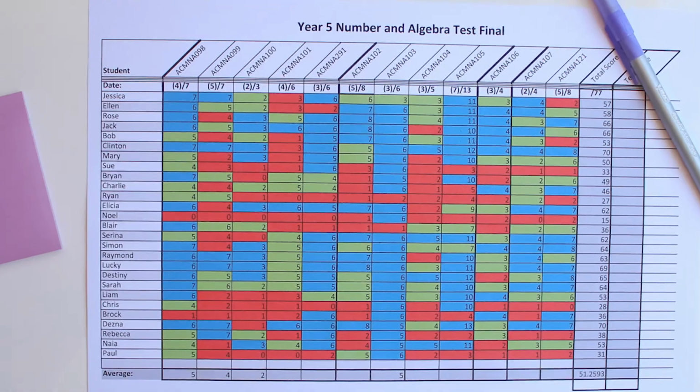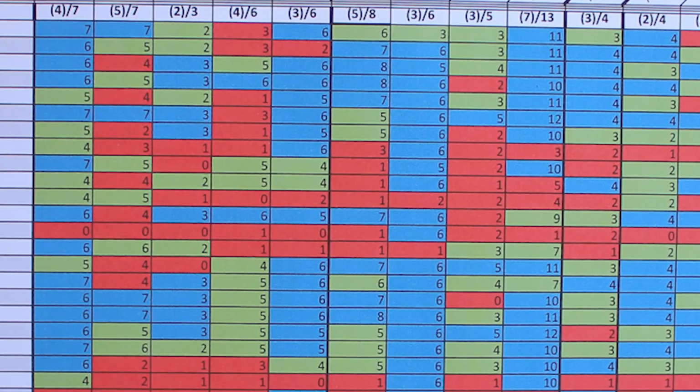From this, I take all the information and put it into an Excel spreadsheet, which highlights itself according to whether the students just achieved the outcome, are way above the outcome, or are below, and then you've got your whole class data right there. So you know that you need to go back and cover that